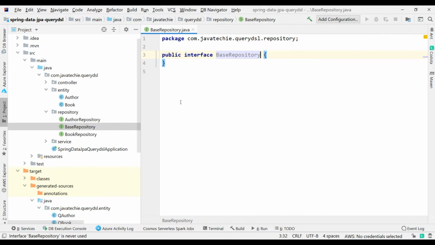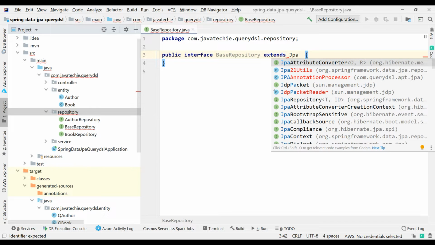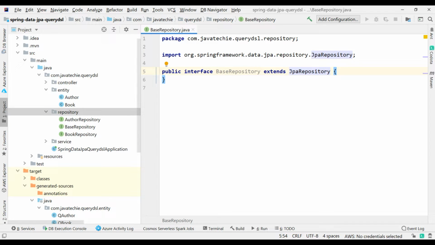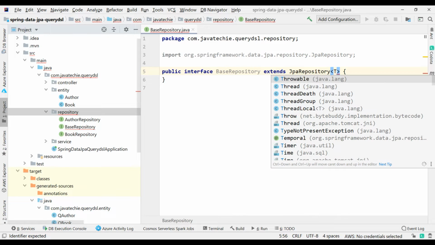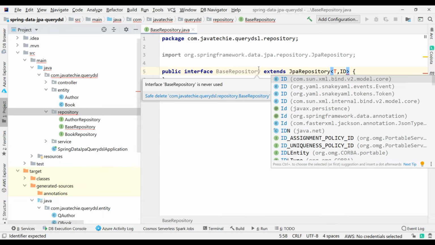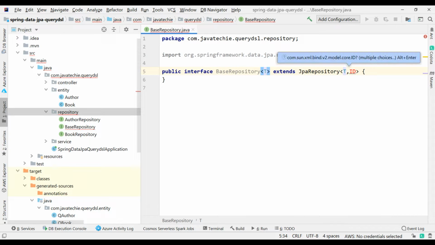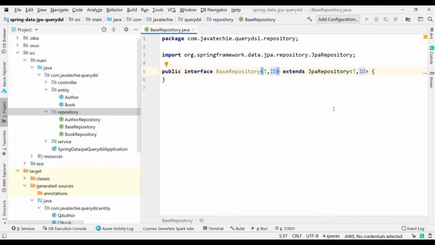Then I'll extend JPA repository, and I will specify the T and ID because I want to make it generic. So I'll add the T and ID here.